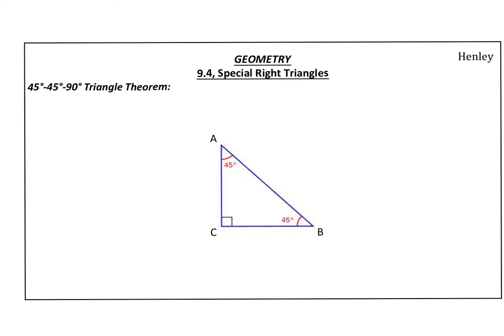In this video, we're going to discuss special right triangles. There are two types of special right triangles. The first one is a 45-45-90 triangle. And what that means is that we have one angle that is 90 degrees, and we have two angles that